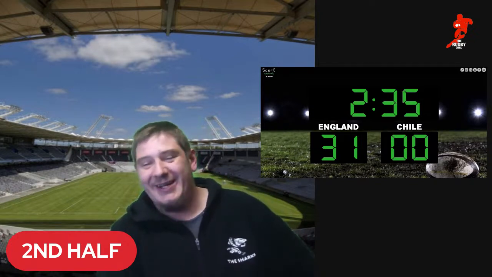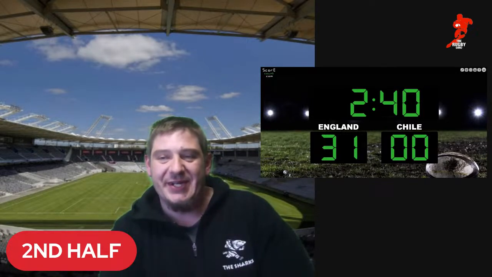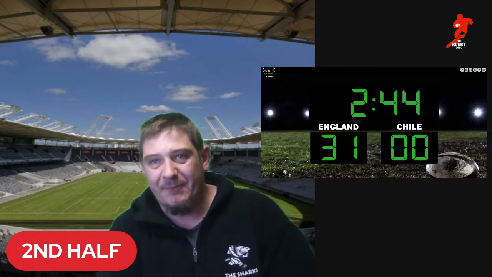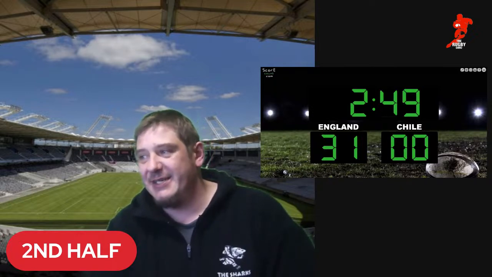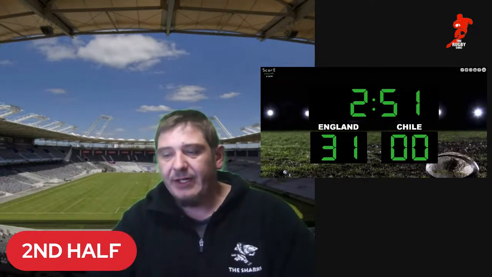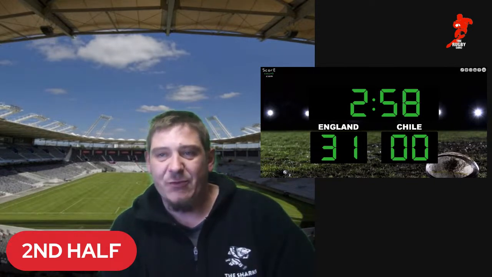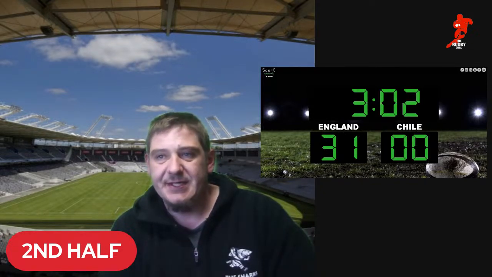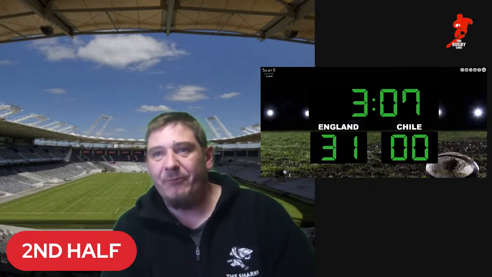No problem, Eric. Right, so scrum down to Chile now between the 22 and the 10 inside their own half. Let's see what they can do with this one. Bonus point already secured for England, so this is about racking up the scoreboard a little bit. Big scrum from England, and they win the penalty there. So England will probably be kicking this to the corner now.